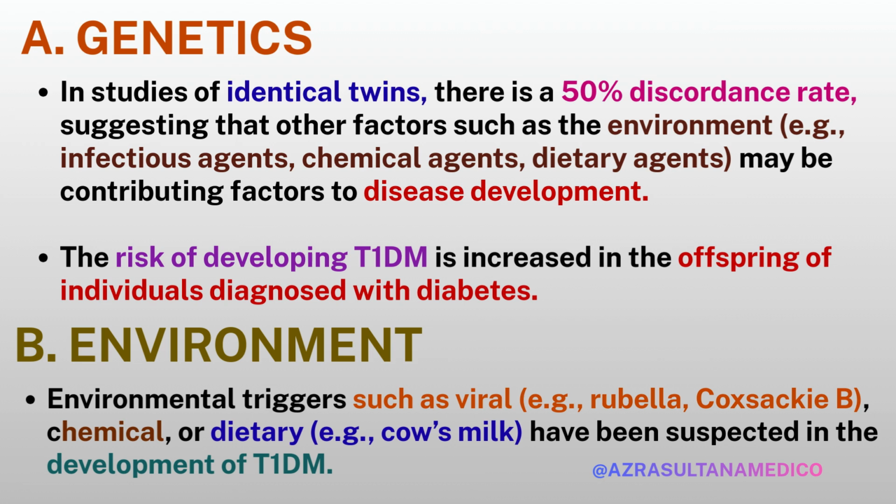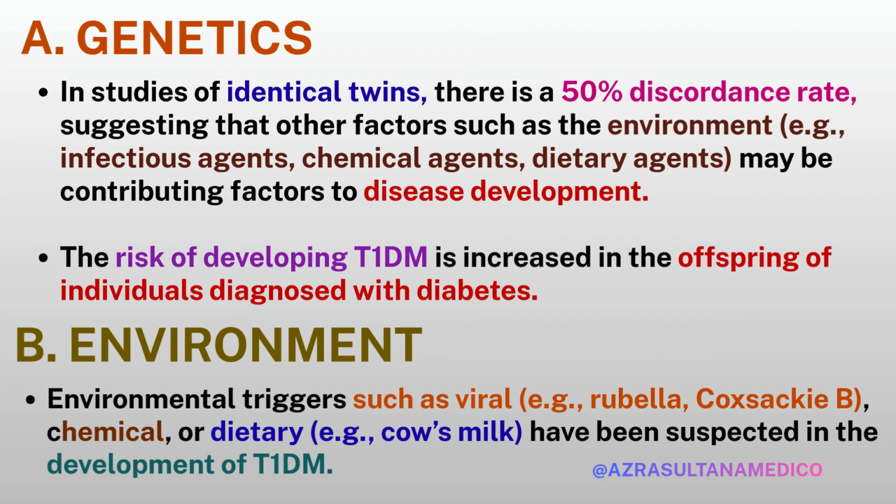A. Genetics. Genetic susceptibility plays an important role in the development of type 1 diabetes mellitus, T1DM. However, genetics alone does not fully explain the disease. Studies of identical twins show approximately a 50% discordance rate. This means that if one twin develops T1DM, the other twin has about a 50% chance of not developing the disease. This finding suggests that, in addition to genetic predisposition, other factors, particularly environmental influences, are necessary to